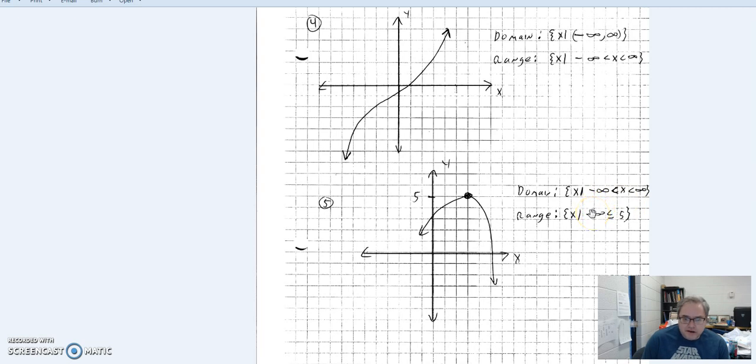Now range, on the other hand, how far down do these arrows go? Well, they go clear to negative infinity. So I know I have to start at negative infinity, and as I look up, where do my y values stop? Well, they stop at 5. And the dot tells me it can take that value on, so it's less than or equal to 5. So quick recap, domain or x values, you go from left to right. Range or y values, you go from bottom